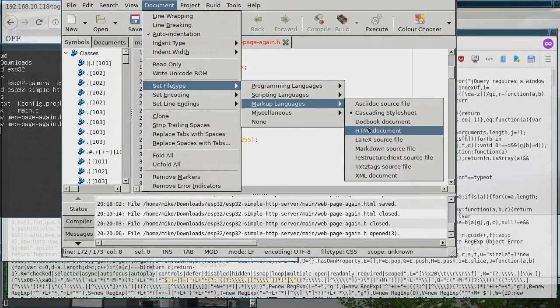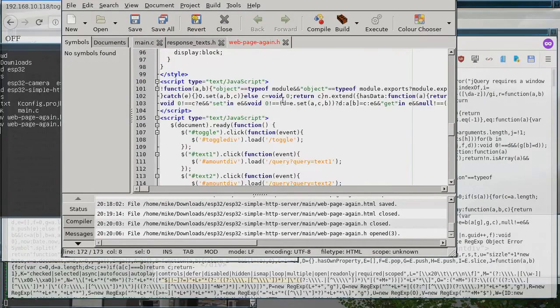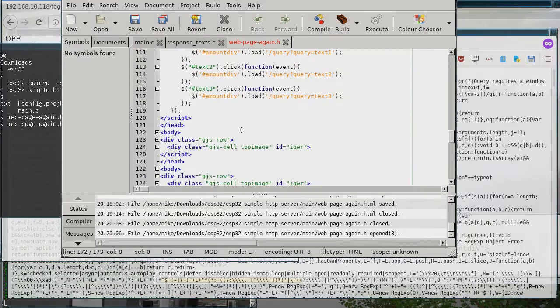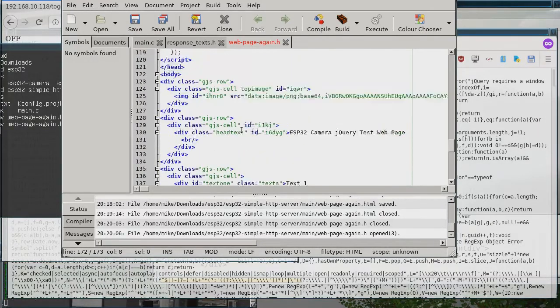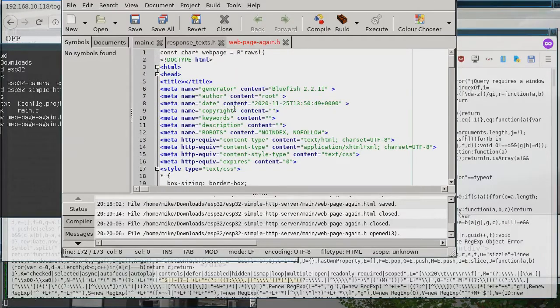HTML, and at least most of your code has got the highlighting, and it's only the little C part at the top and bottom that isn't. So you get to keep your lovely form, and you can edit it however you want with highlighting. You don't have to convert it, and just this little bit of code here at the top is enough for it to be recognized. So now if we save that,